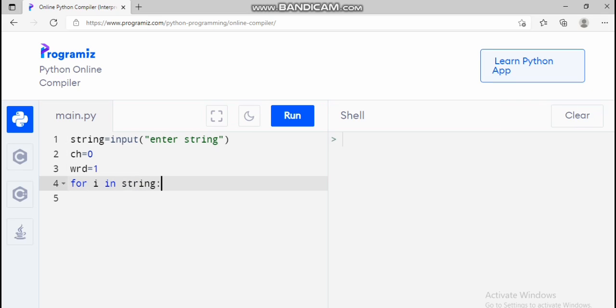I have started the loop with the indexation. I move inside, character is equals to character plus 1. So this way we will be able to count the characters. Suppose a character count starts with 0. If I am writing Devesh Joshi, so Devesh, it will start from 0. If it finds D, then it is 1. Then again it will count the particular word. Then if a space comes in between, a single word is breaking before the space, and we will count the spaces here for counting the words.